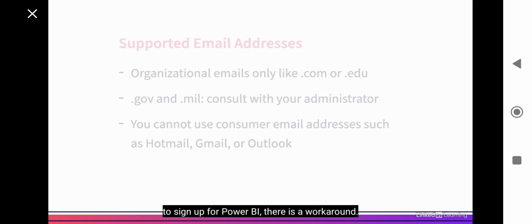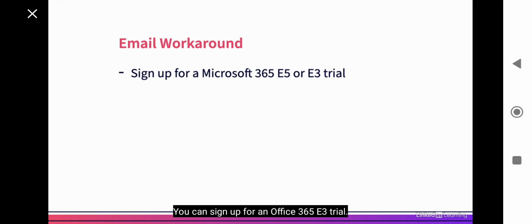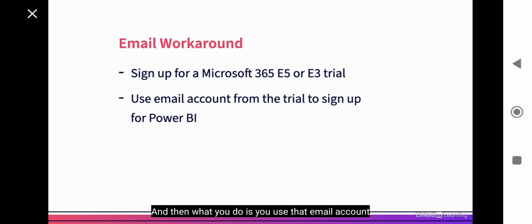workaround. You can sign up for an Office 365 E3 trial. That's Enterprise Level 3 trial. And when you do that, you'll actually get a new Office 365 tenant that has accounts for 25 people in it, and it will include Outlook and an email address. Your email address will be something like your name at a company name you provide.microsoft.com. And then what you do is you use that email account from the trial to sign up for Power